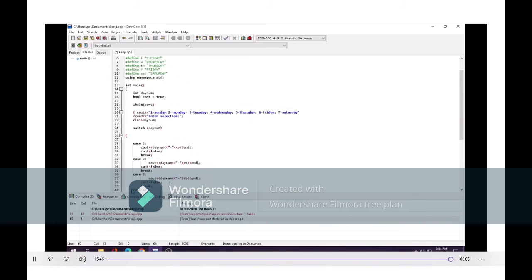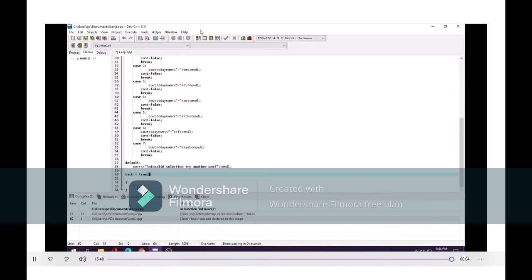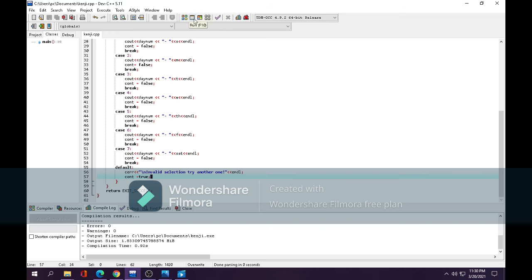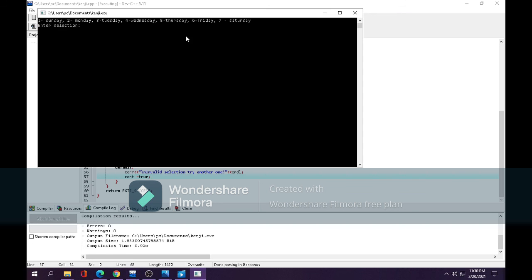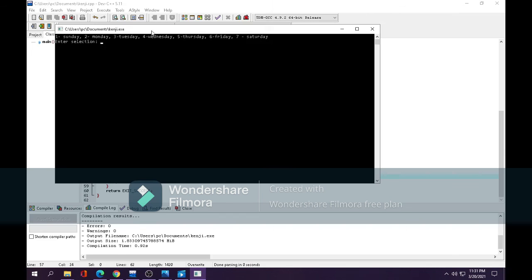I will erase the back because in the first I use and run. So I will enter 4. It says Wednesday. Then if I'm going to enter another value, for example for D,